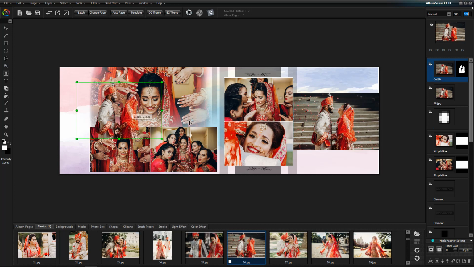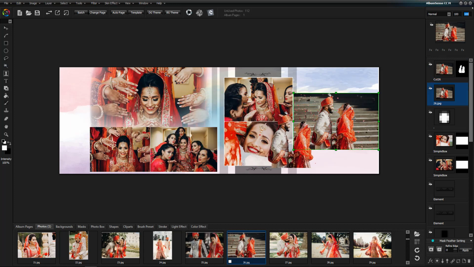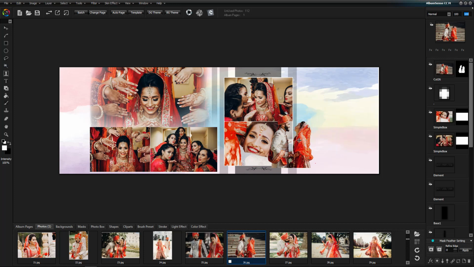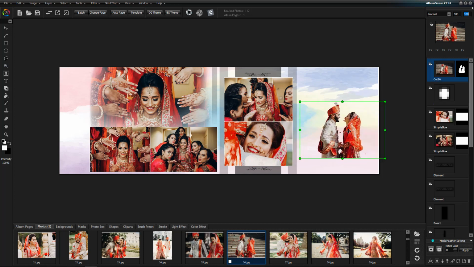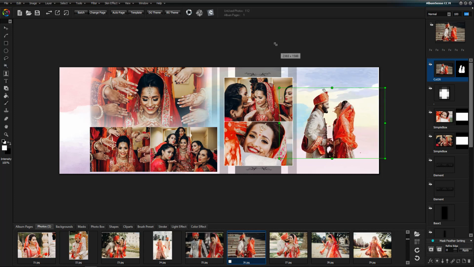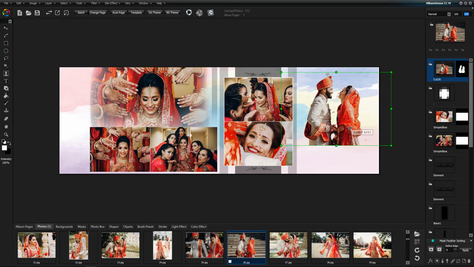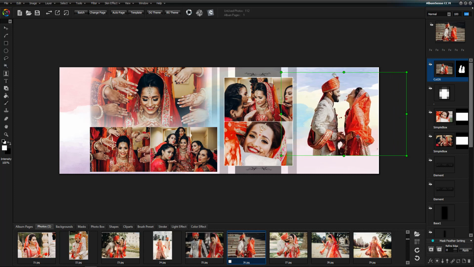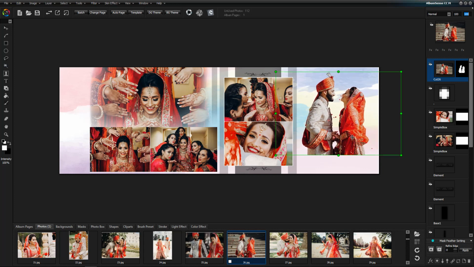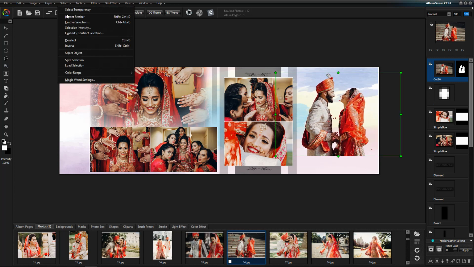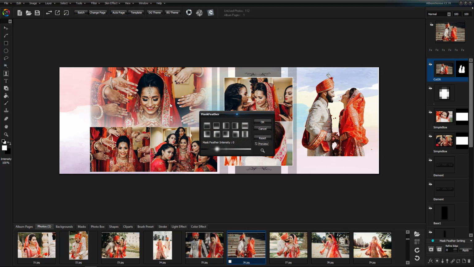Our cutout has come with the mask. Now we are deleting the original image and setting our cut image here. Now if we want to put the feather at the bottom side of the image, just go to the instant feather and select the feather of the bottom side.